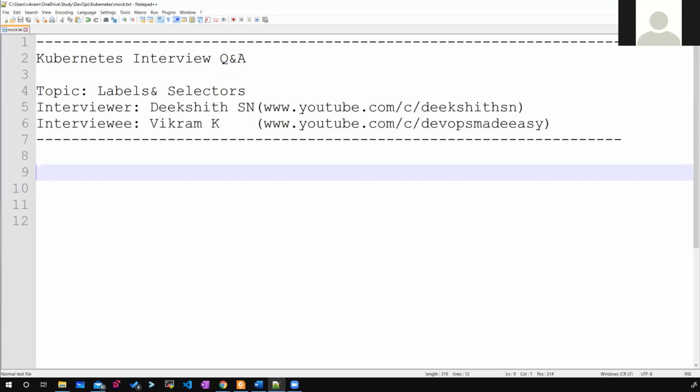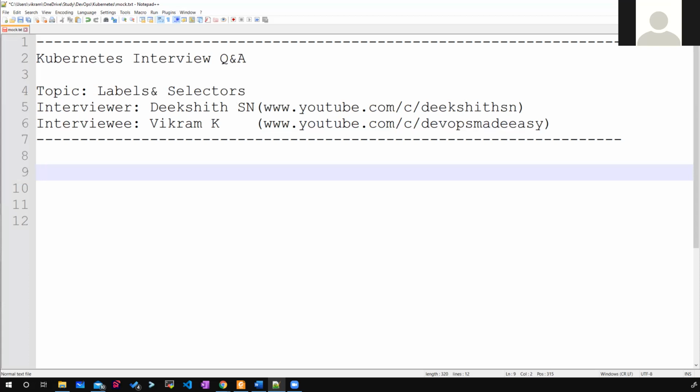Let's say I have 1,000 pods running and I have 10 applications. Gathering or collecting pods from only a particular application will sometimes be very difficult, because we have to filter them depending upon some name, or some application, or the use case they solve. So it becomes very difficult. In this case, what we do is label these pods or any of the Kubernetes objects.